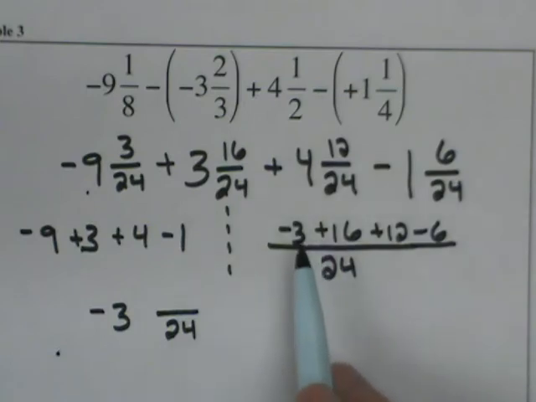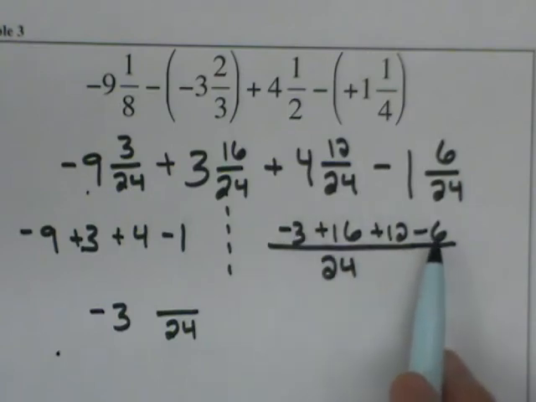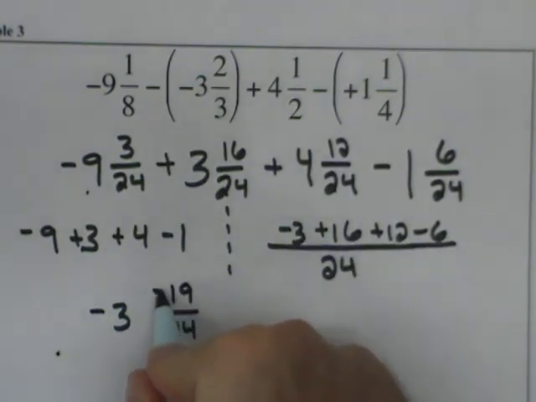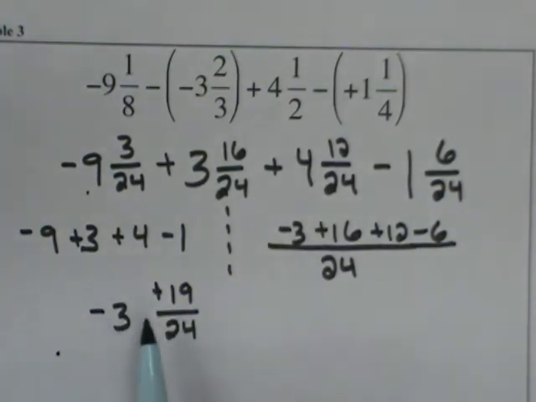I look at this, I have negative 3 and negative 6. I'm going to group like terms. Negative 3 and negative 6 is negative 9. Negative 9 and 12 would be positive 3. So 3 and 16 would be 19. Positive. Because these mixed numbers don't match, I have a whole number that's negative and a fraction that's positive, I'm